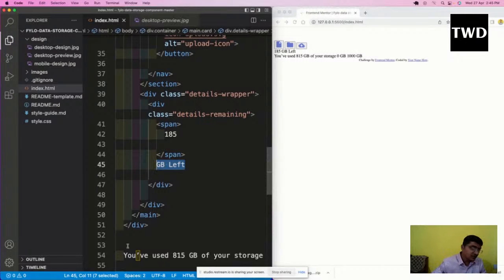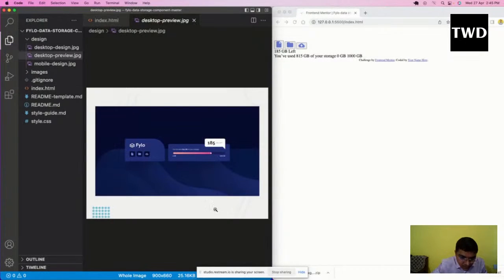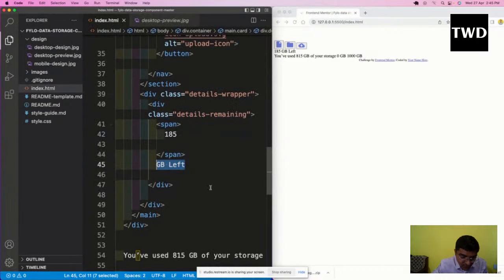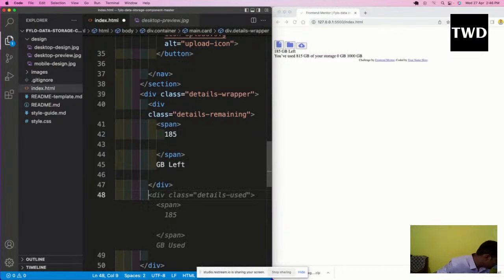Why? Because 185 looks different, as you all can see, and GB left looks different. So we have to separate both the things. So going back,